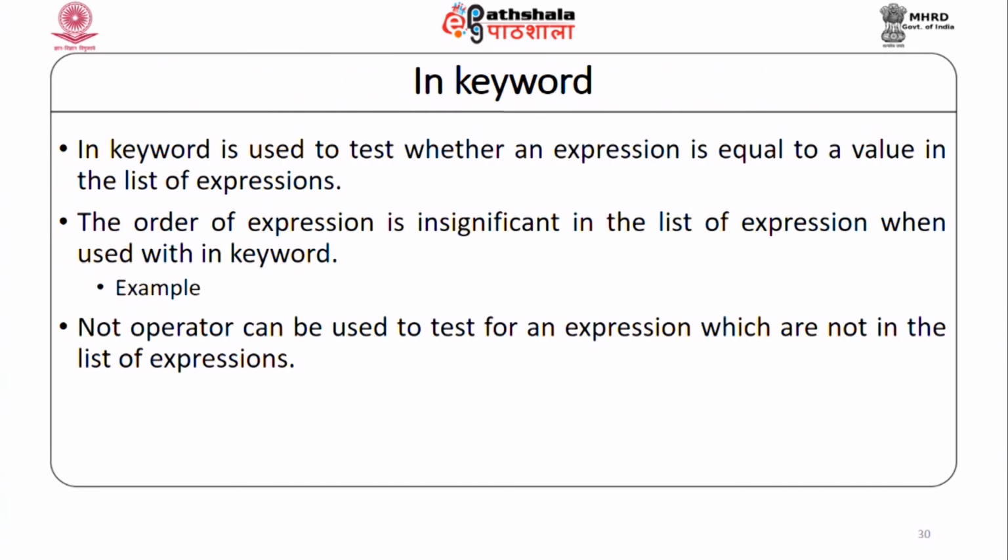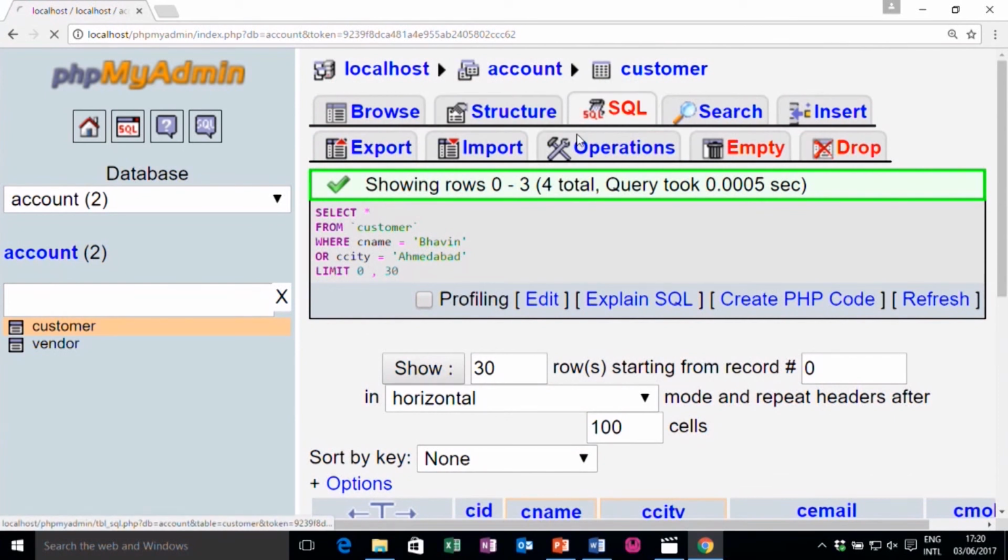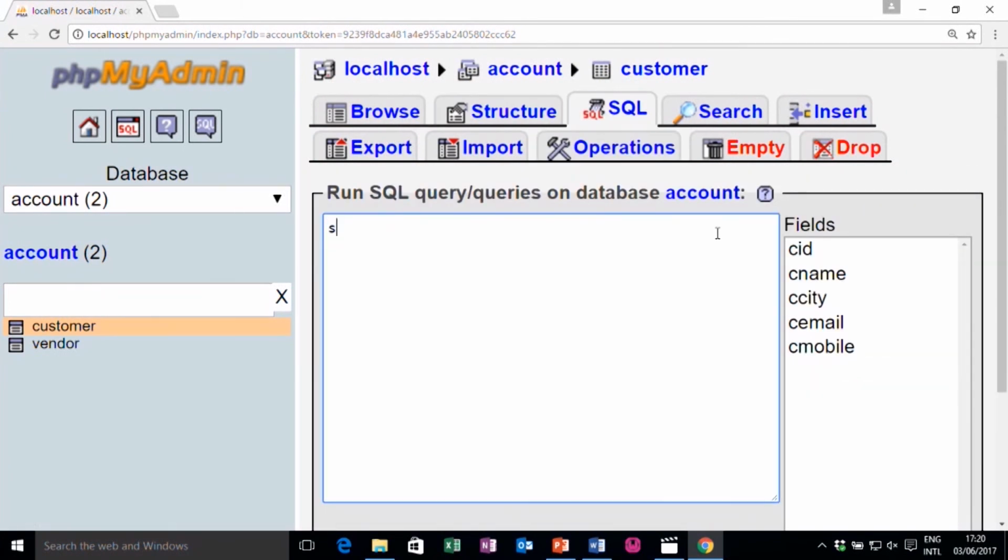The IN keyword is used to test whether an expression is equal to a value in a list of expressions or not. For example, I can write the same query: select star from customer where customer city in Ahmedabad, comma, Rajkot.